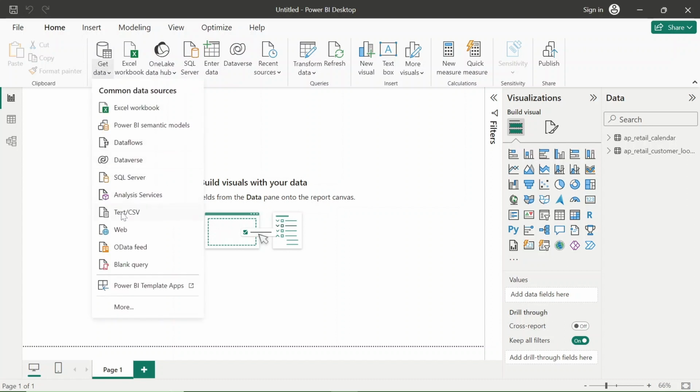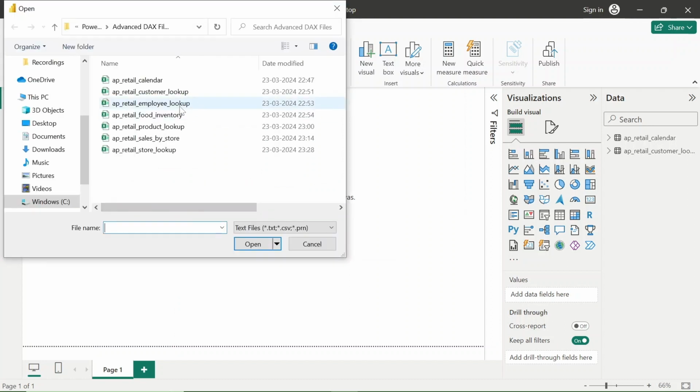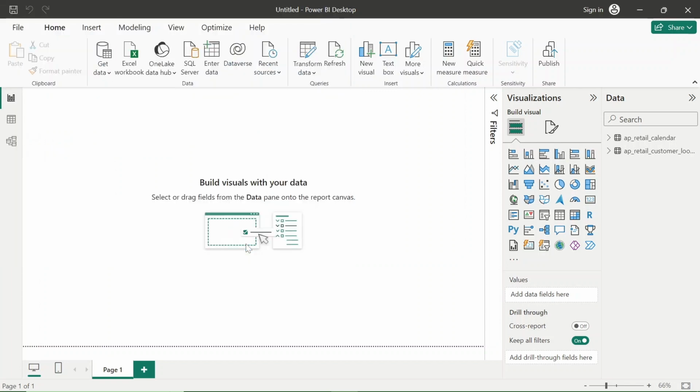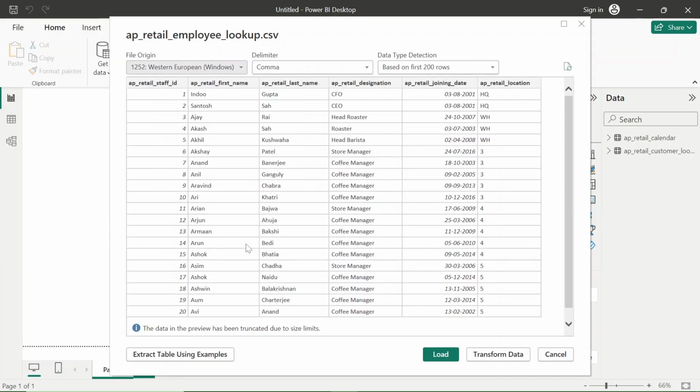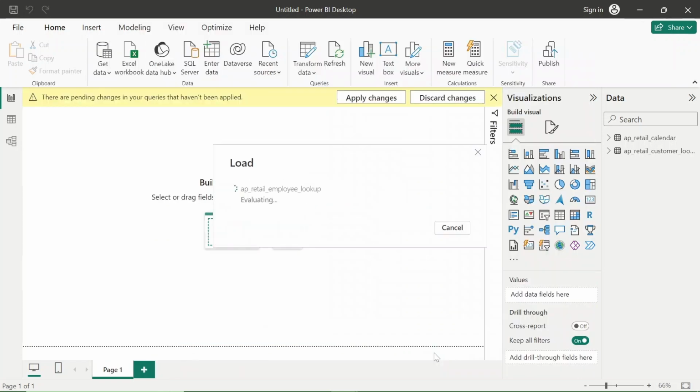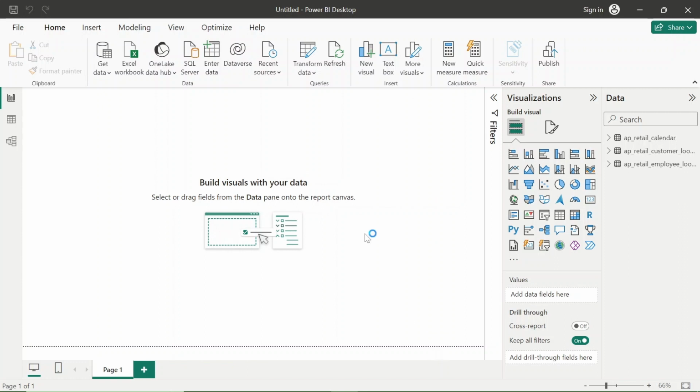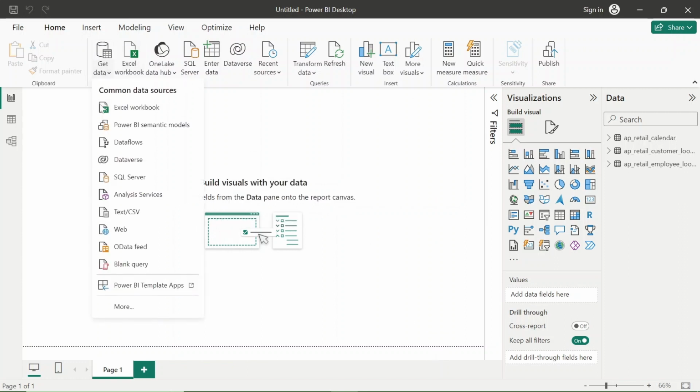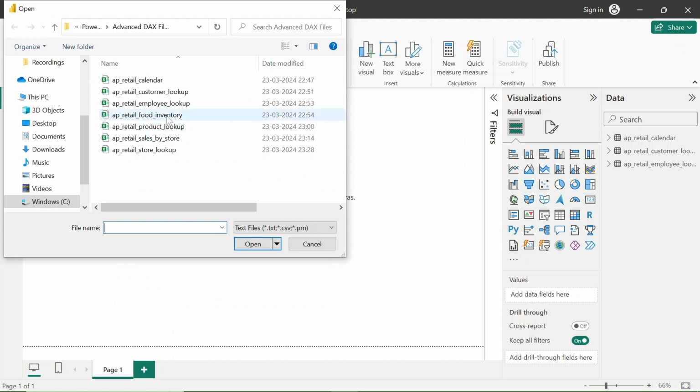Now let's load another CSV file. Let's load employee lookup. It has been loaded. Let's load another CSV file. Let's load food inventory.